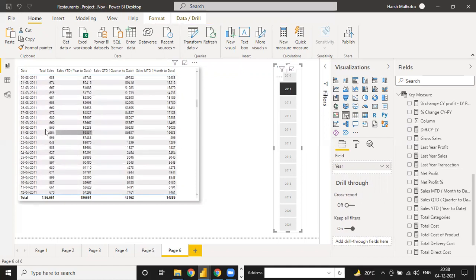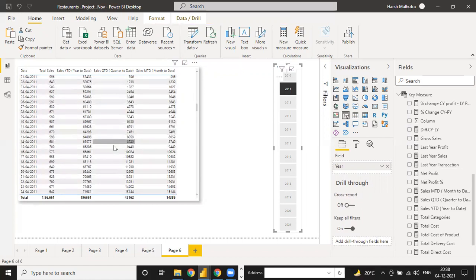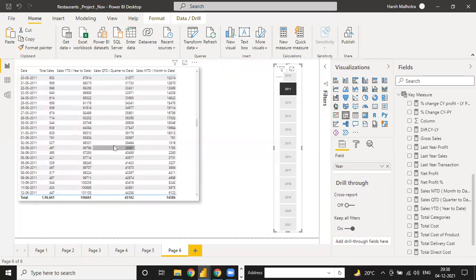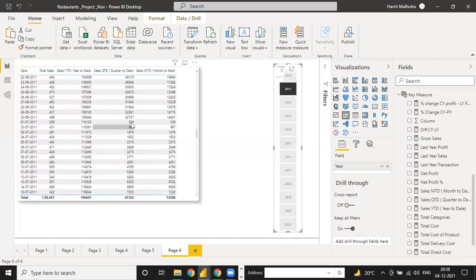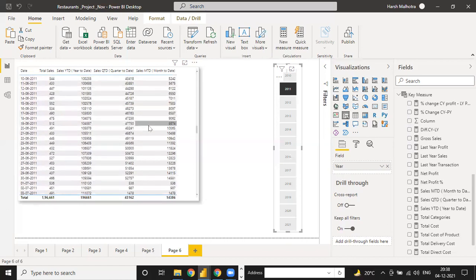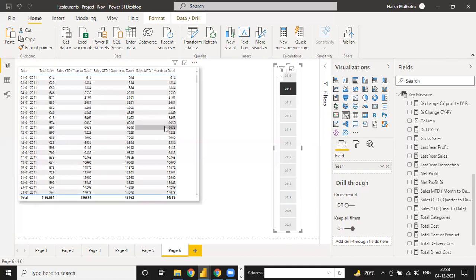See, the last day of March is the 31st. It will keep adding till the last day of March and then start again with the coming day. Same way for the next quarter, which is July, I think. Okay, so the 1st of July will be next. Then, same way, month to date is only for the month value.